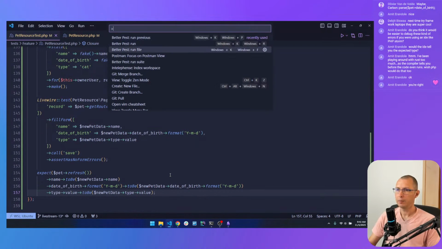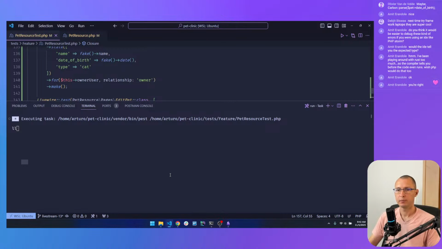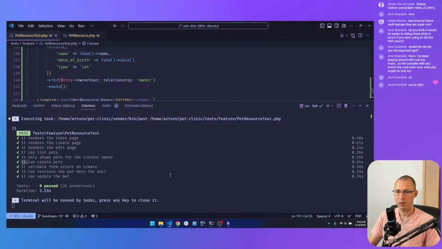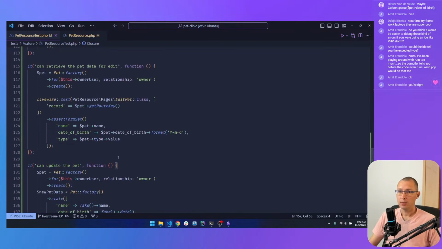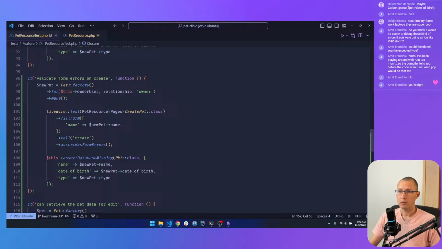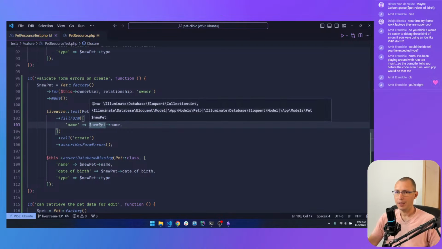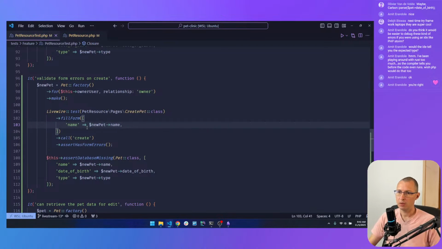Let's run the whole file. And we have now 9 passing tests. And let's go back to this other test for the validation and rework it a bit so that we can pass a data set instead of manually unsetting or not filling in the new pet's date of birth and type.